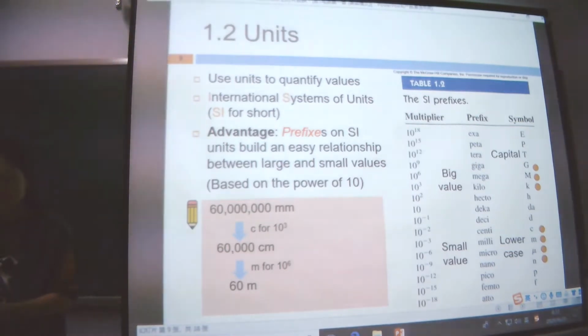Okay, the units. All of us know the International System of Units, from primary school. This one is a simple table, and you can see there are many SI units inside here, smaller and bigger. The bigger one is the capital, and the small one is the